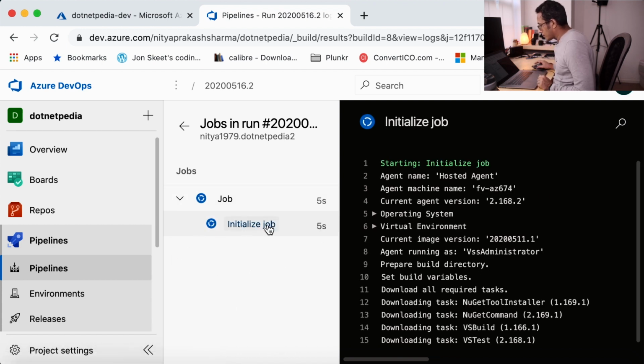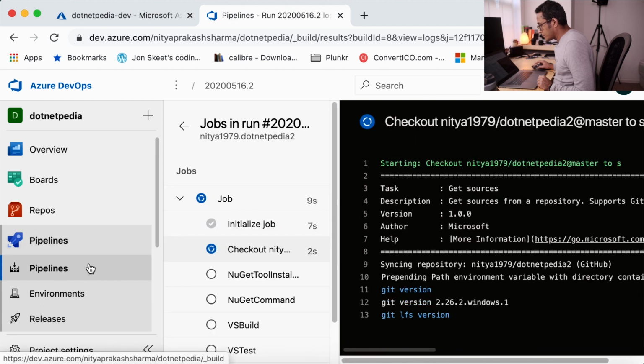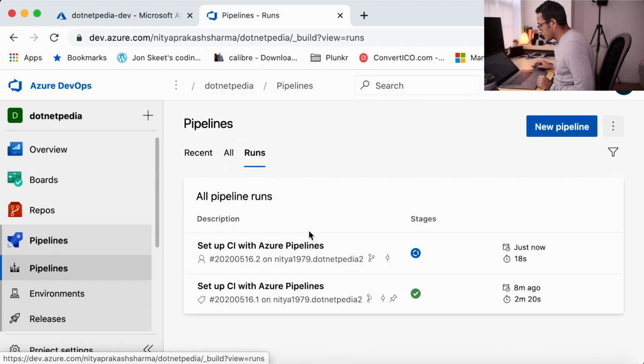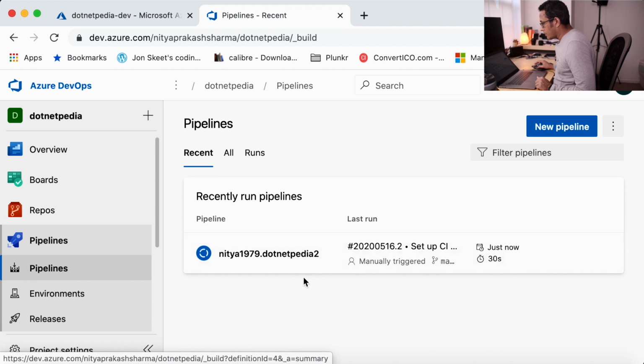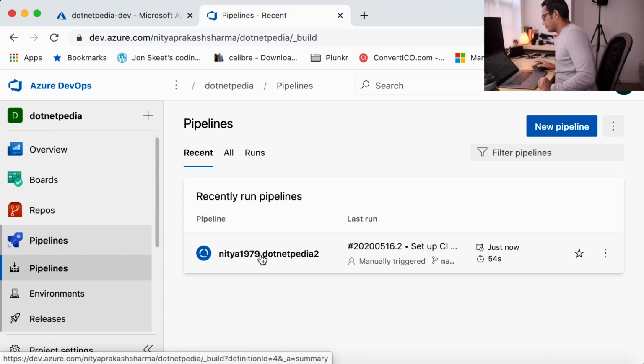Just started, so let's go. See, this second run is running, and we are expecting this project to run, and it is done. I'll fast forward here. Good.